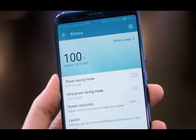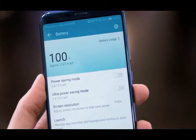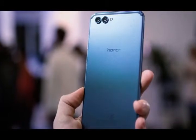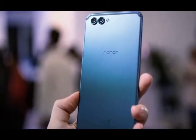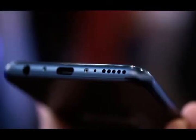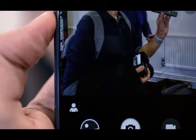Huawei-owned Honor, in November, launched the Honor 7X, an almost 6-inch Android phone with a decent set of specs and an affordable price tag of £269. Its new phone, the View 10, looks almost identical, has a slightly boosted processor, a fingerprint scanner on the front, rather than the back, and it costs a more sizable